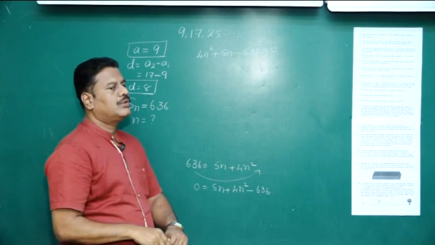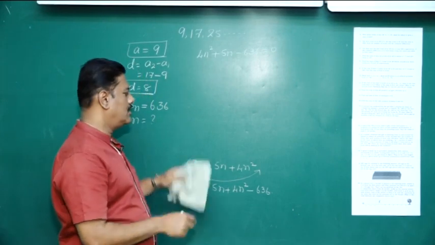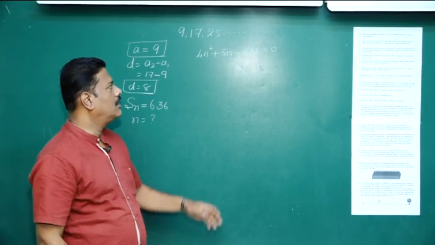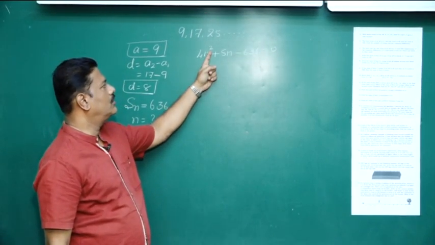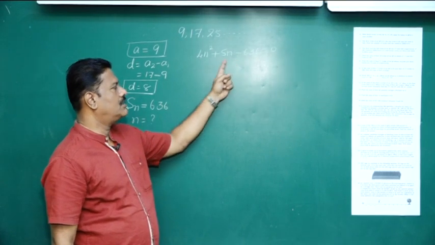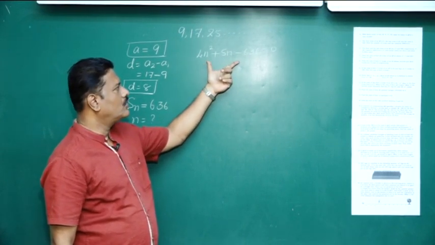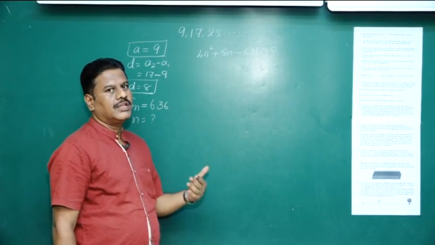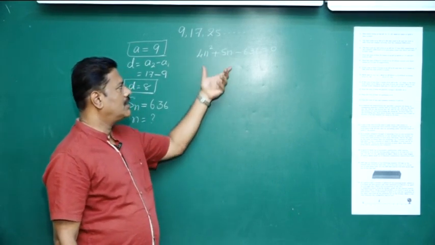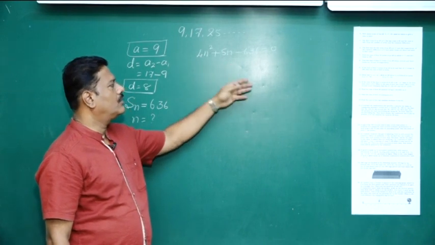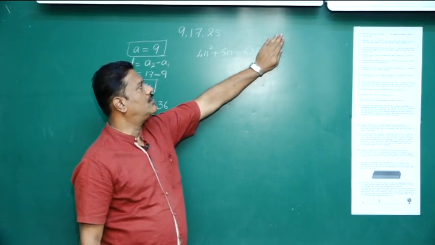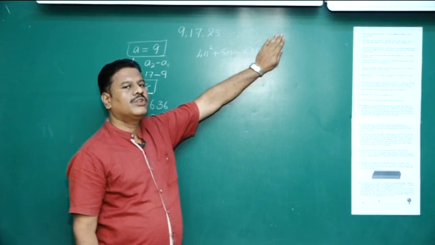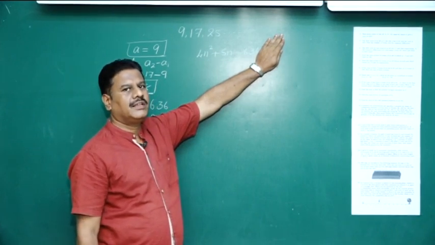So yesterday I told you, when we come across such a situation, it is called a quadratic equation, because the degree of the variable is 2. So it is a second degree equation which is called a quadratic equation. How to solve this? That is finding the value of n. We are going to learn more in the chapter on quadratic equations, but here I will teach you. So if you forget about this 0, then you will see the trinomial expression. So we know how to factorize the trinomial expression by splitting the middle term.